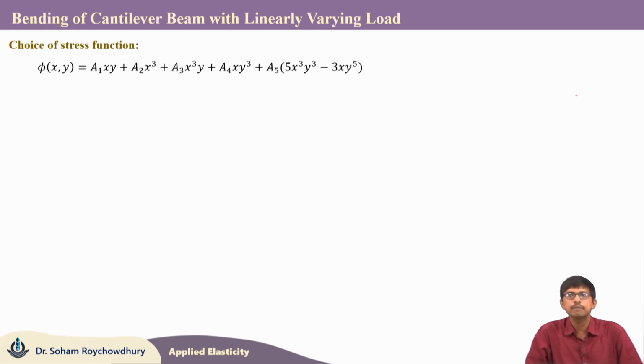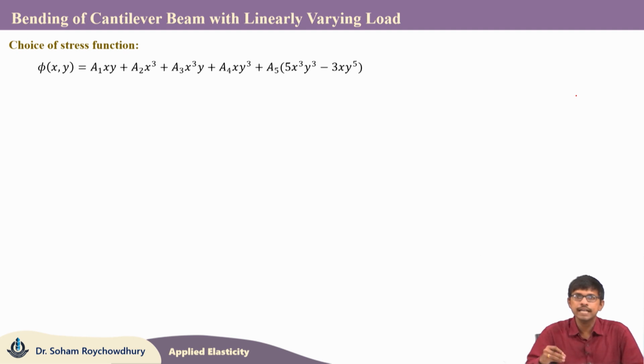If you recall the previous 2 solutions, when we were solving for the bending of beam problem with a single transverse shear loading acting at a single section, for that we were taking the polynomial up to 4th degree. Then when we are going for the uniformly distributed loading over the entire span, we have to take a polynomial up to 5th degree. The degree of the polynomial increased by 1 when we are increasing the order of the load.